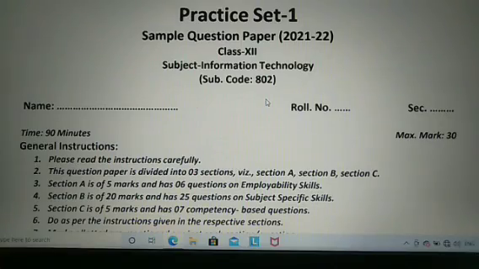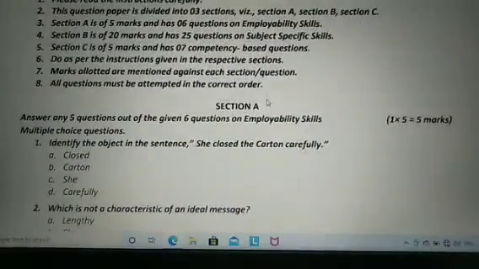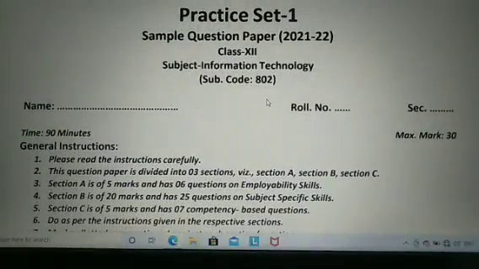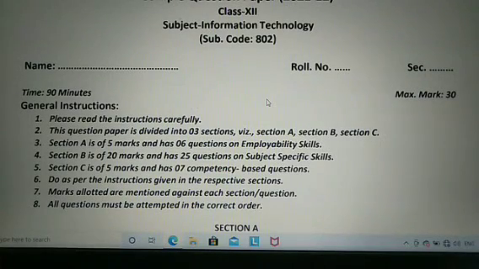Your question paper will be divided into three parts: section A, section B, and section C. You will get 6 questions on employability skills in section A, and out of those 6 questions you have to attempt 5 questions.